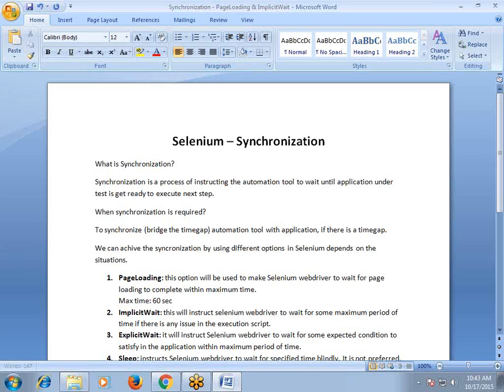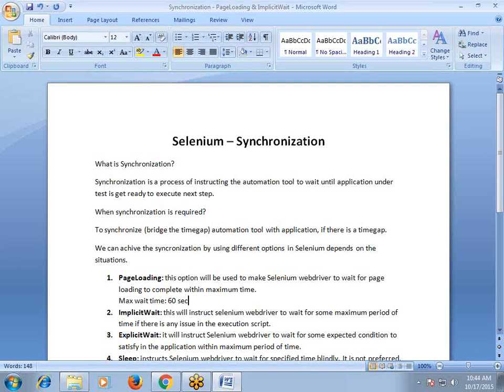Maximum waiting time 60 seconds. What does this mean? Selenium WebDriver will wait for the application to complete the page loading process within 60 seconds of time. Suppose the application completes the page loading process in 30 seconds,